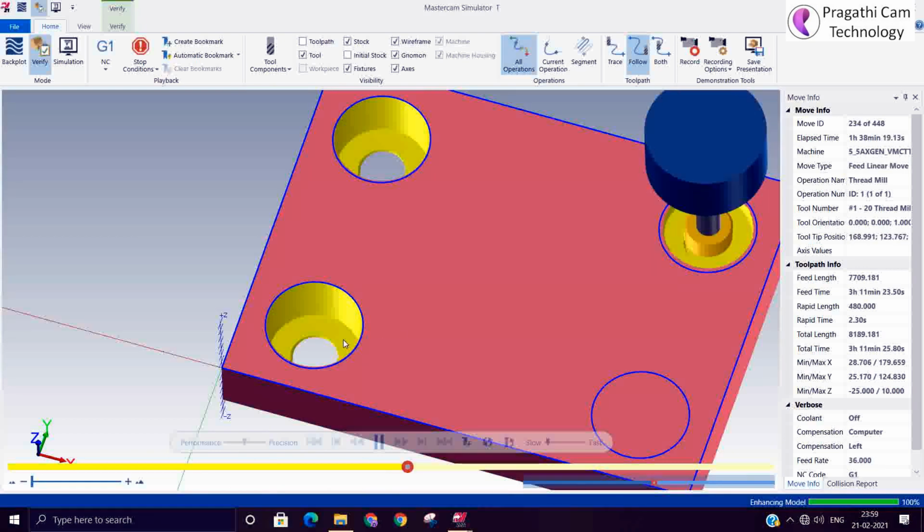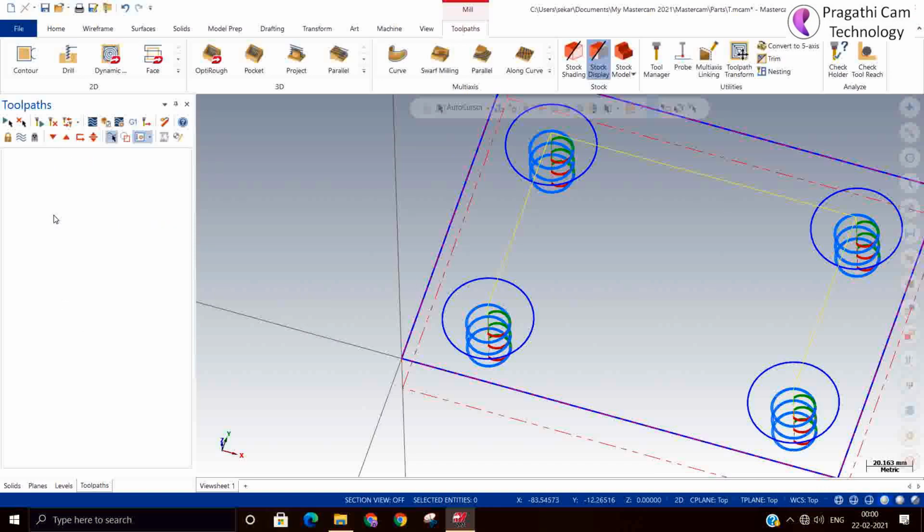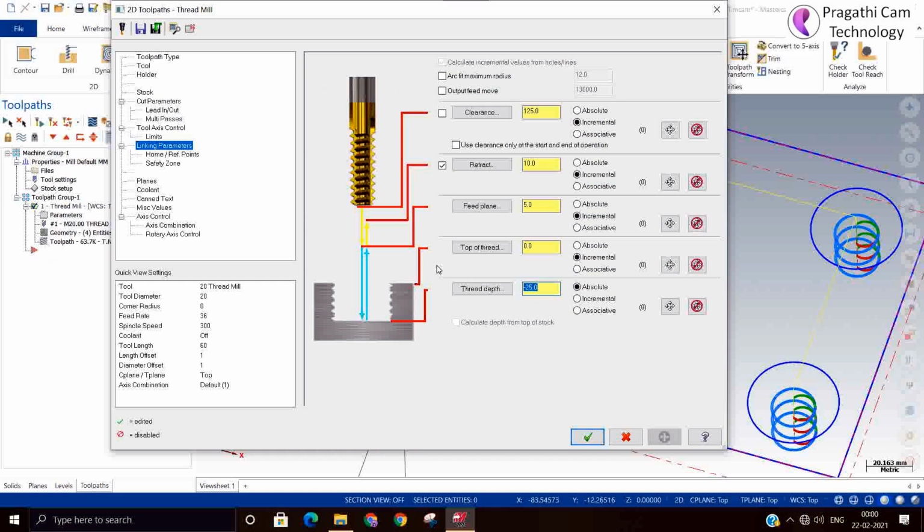Actually, I should have done the drilling and hole properly. Then if I used this thread milling directly, definitely I would get very good threading here.